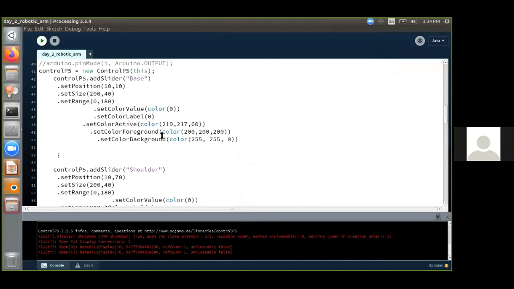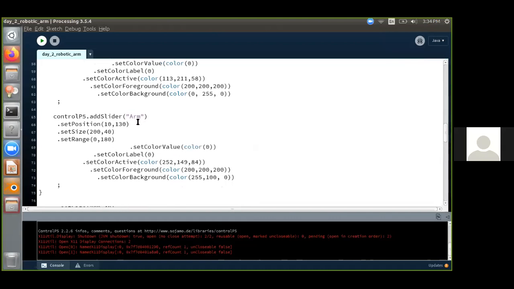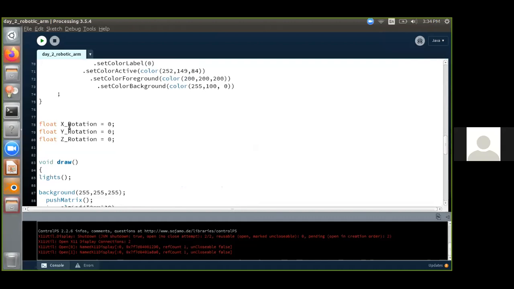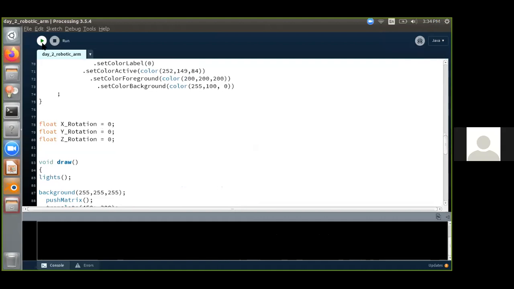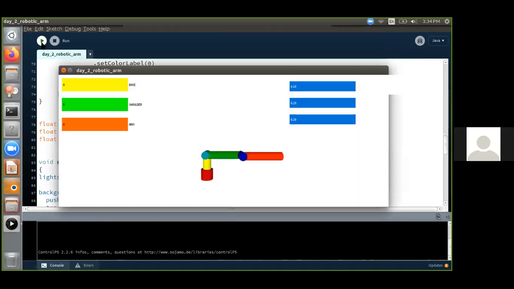Okay, so similarly for the shoulder and for the arm, you can create. Float X rotation, Y rotation, and Z rotation is equal to 0. We are saying that the X rotation, Y rotation, Z rotation are 0 initially.